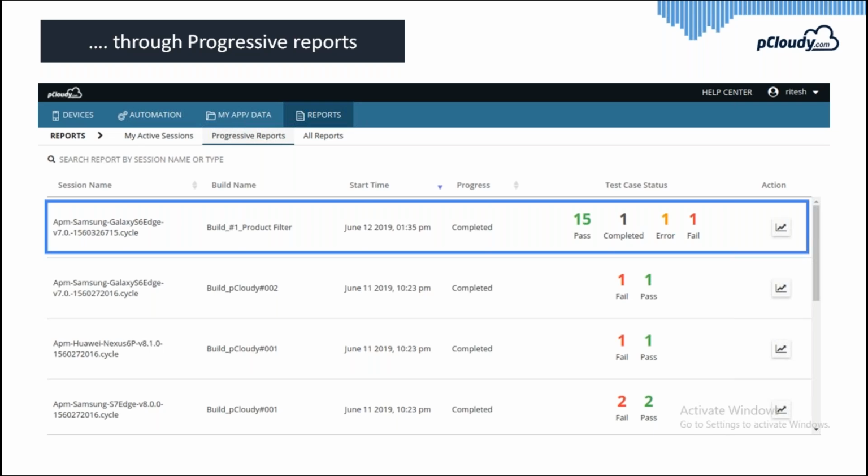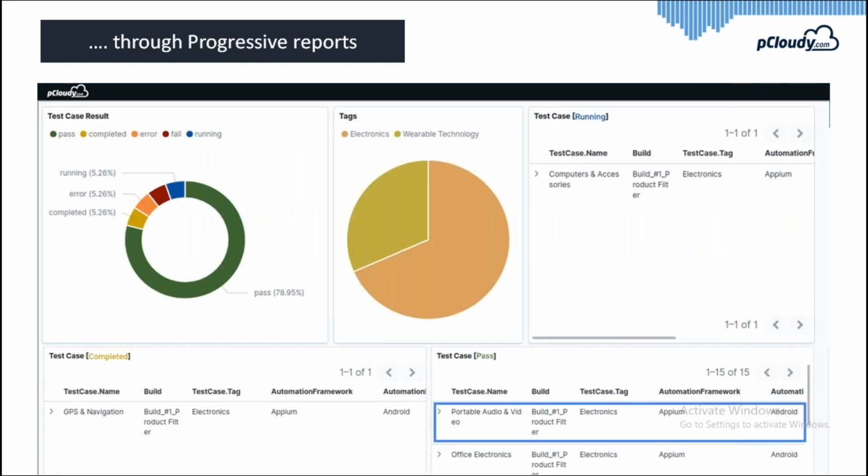You have to add a small piece of code, at least one line of code, when you are creating an assert, and provide that information to the API at pCloudy, which will be understood by the pCloudy reports as the test case passed or failed. So you'll have to provide a text message saying whether the test case passed or failed after taking the necessary assert statements there. So moving on, you can see another view here